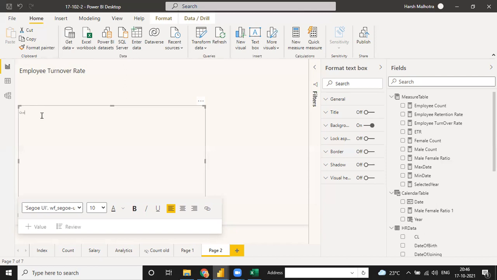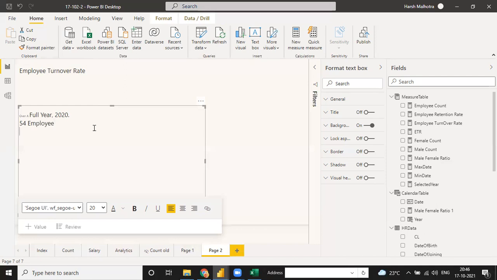Suppose I am giving an example, over a full year. Suppose we discuss the year 2020, and we have a total of 54 employees.